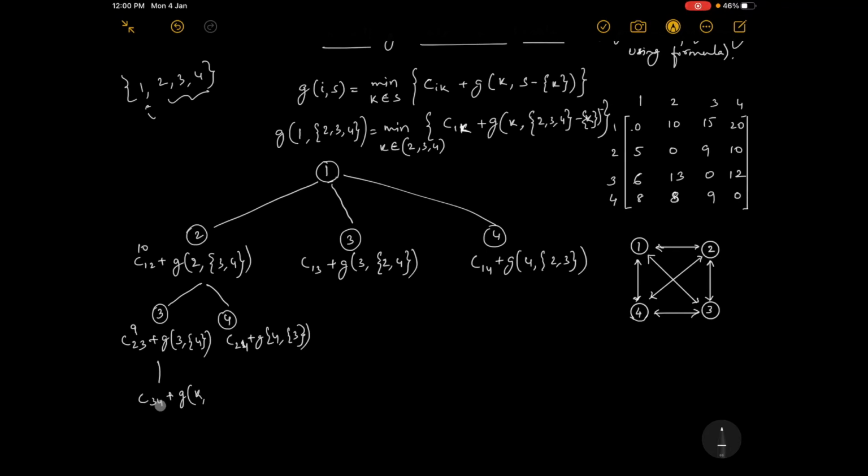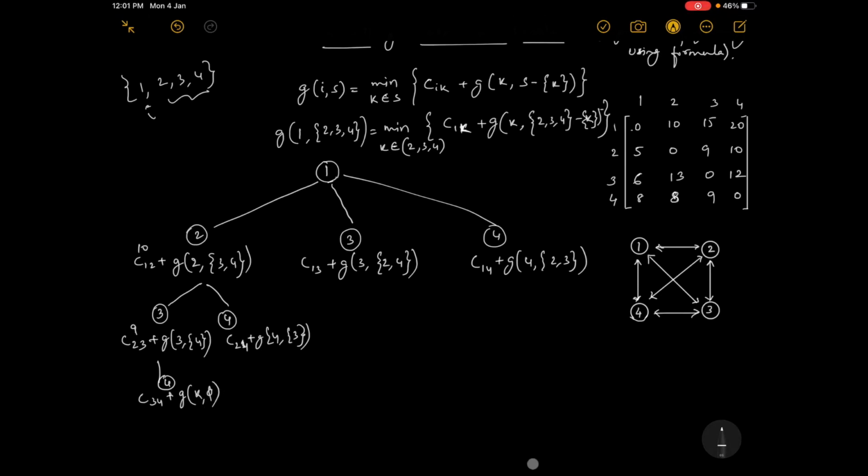So K comma, what is the left out position? There is no left out position, so I'll write it as 5. What do you mean by 5? 5 means it is not a left out position, it is where you have to go back. You started from 1, came to 2, came to 3, and you have come to 4, correct? Again, where do you have to go? You have to go back to 1. So 5 is the initial position.